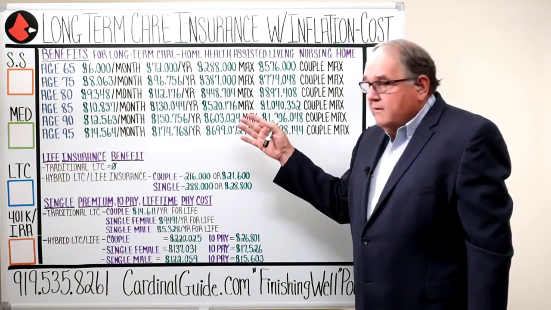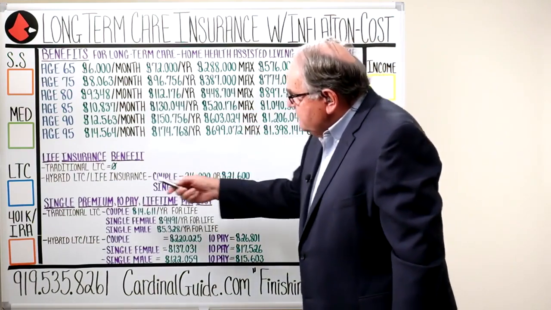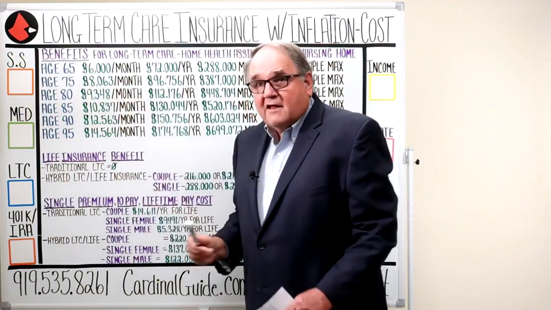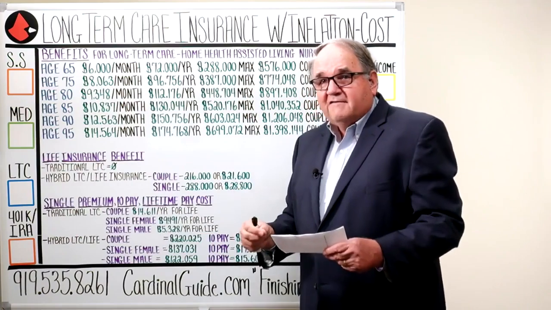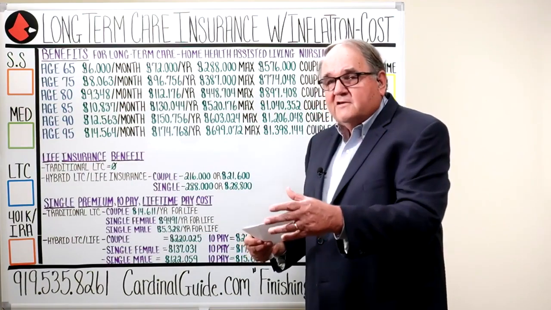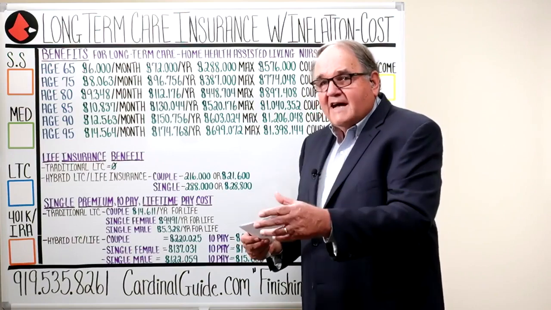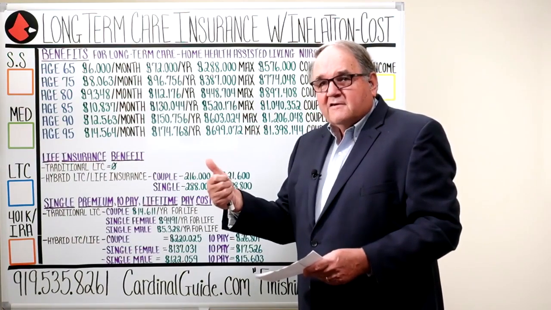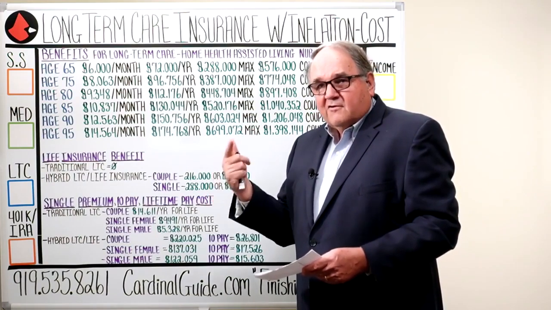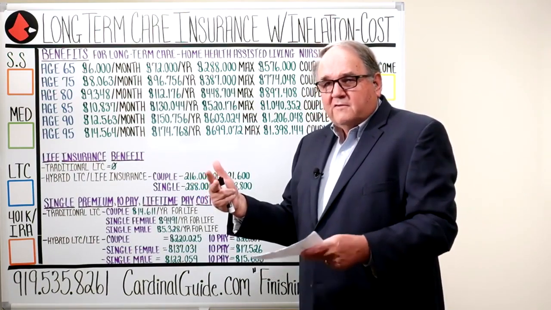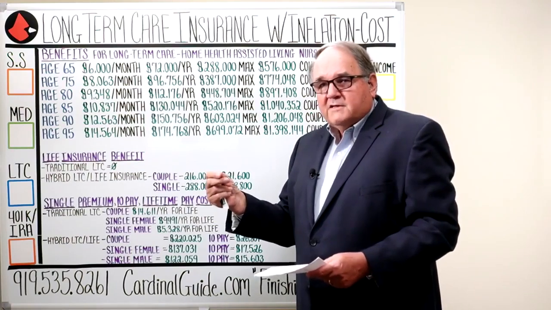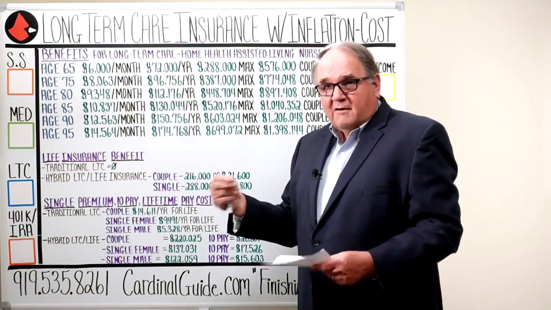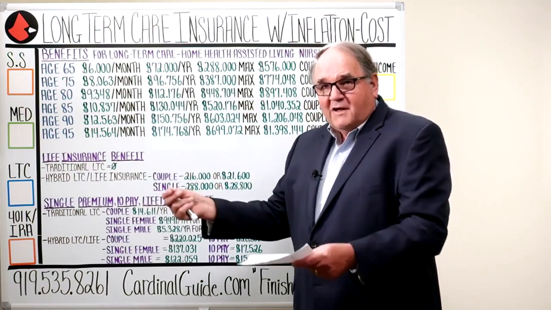So if we're starting out, both policies, both the traditional and the hybrid policy, start out at $6,000 a month. That means if the people bought it at 65 and they immediately started using it, they would get paid $6,000 a month for either home health care, assisted living, or nursing home care. Or there's a few other things listed on there, but most of these people in the modern day at least try to start out using home health care. I want to stay home before I go in.